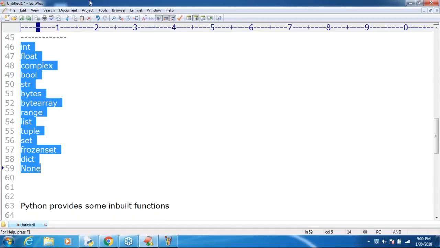Int, float, boolean, maybe complex also, or otherwise leave that, because about complex we don't know much, since in other languages we didn't discuss it. No problem, right? So here just int, float, complex, bool, these things are non-objects, and except those, all the remaining things are objects. Correct? Respond. Correct? Make sure.